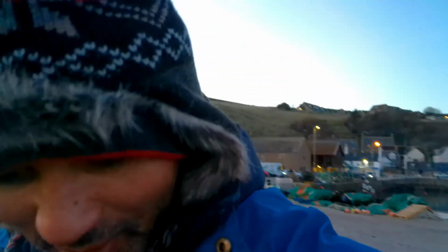Right, so I'm down at the historic harbour, standing on this wee bit of the wall, and you can see out towards the sunset, the sunset colours reflecting off the water, and that's Gourdon in the background. I'm going to get off here, that's better. So yeah, you can get up to there. It's like a wee